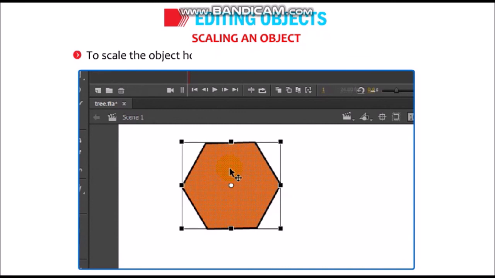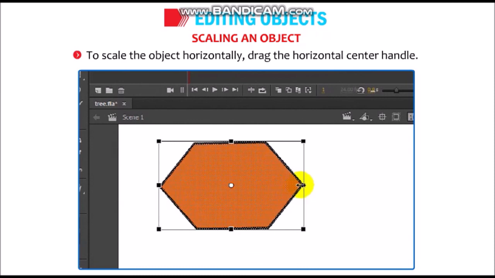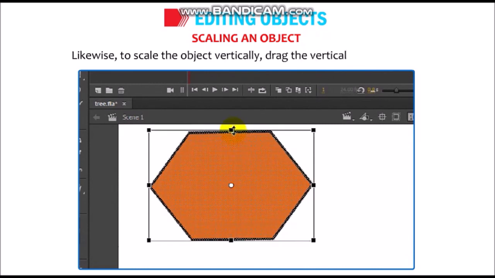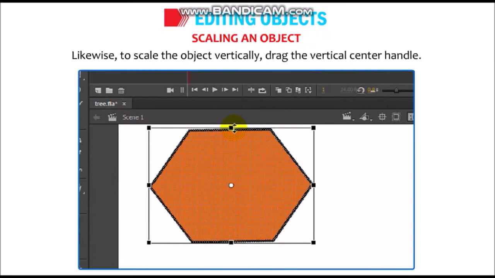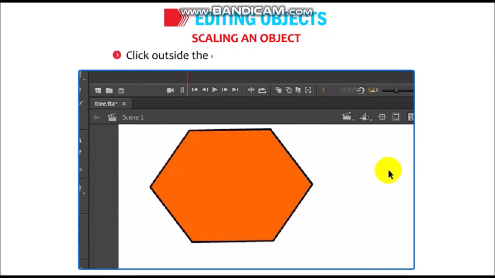To scale the object horizontally, drag the horizontal center handle. Likewise, to scale the object vertically, drag the vertical center handle. Click outside the object to end the transformation.